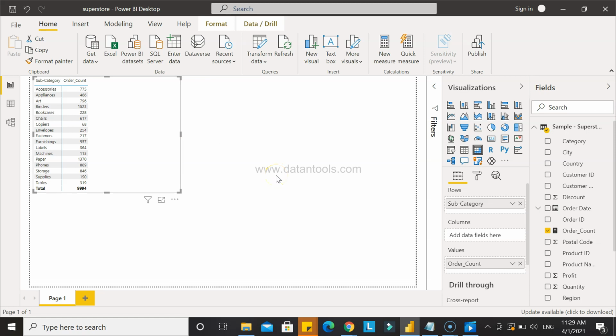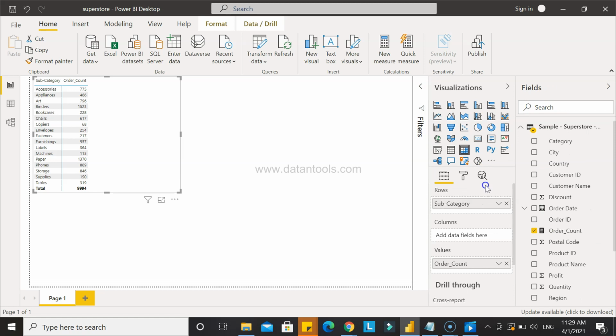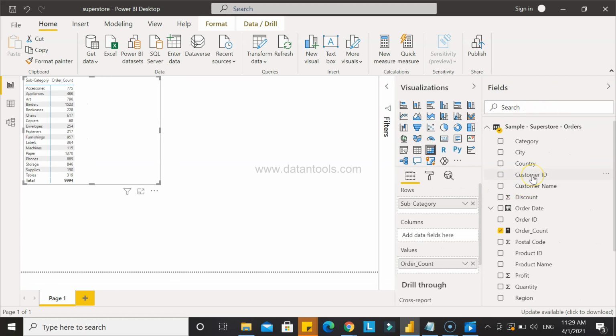Now, as an exercise, what you should do is create another measure which is going to count the customer ID, right? So we have the order ID, and what you are going to count is the customer ID, which I have shown you how you can do by creating a measure. Another exercise you should do is on the product ID, by counting the product ID.